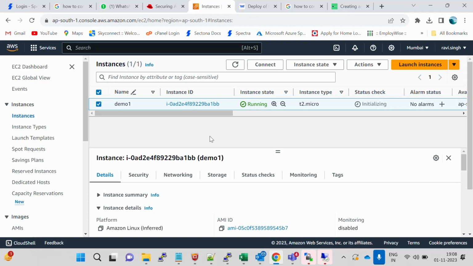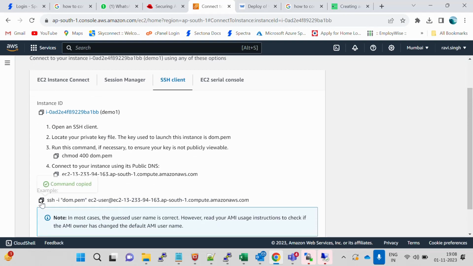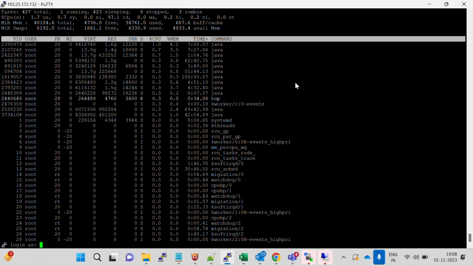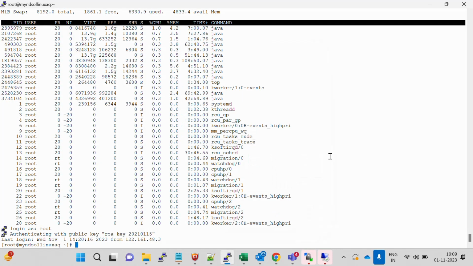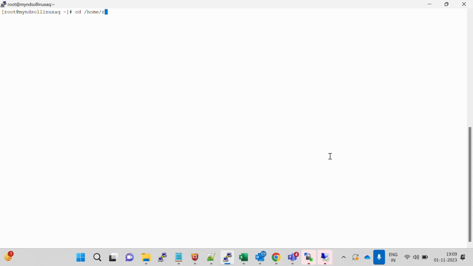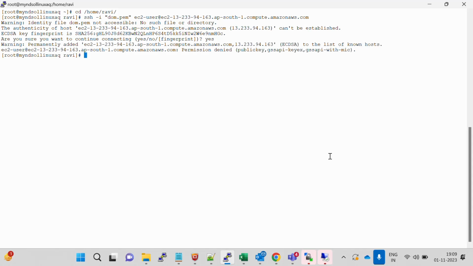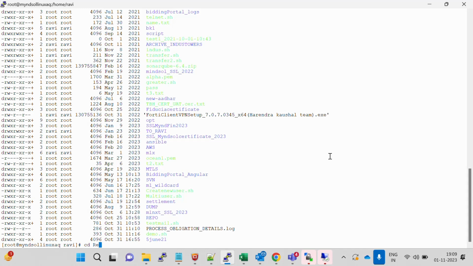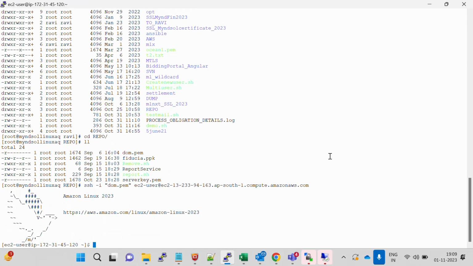So let's connect our EC2 instance first of all. So now my EC2 instance is now connected. So first of all,